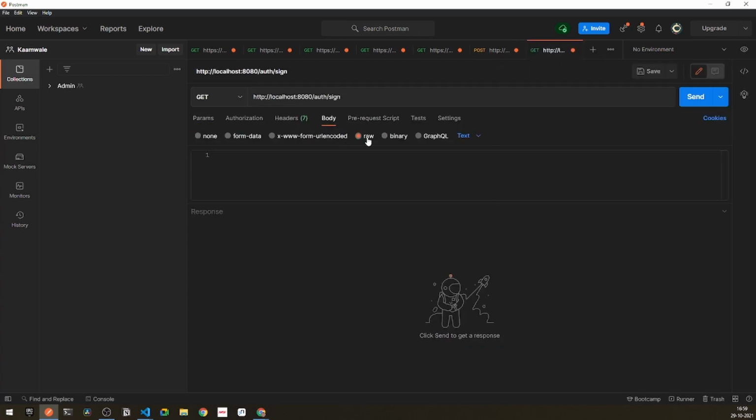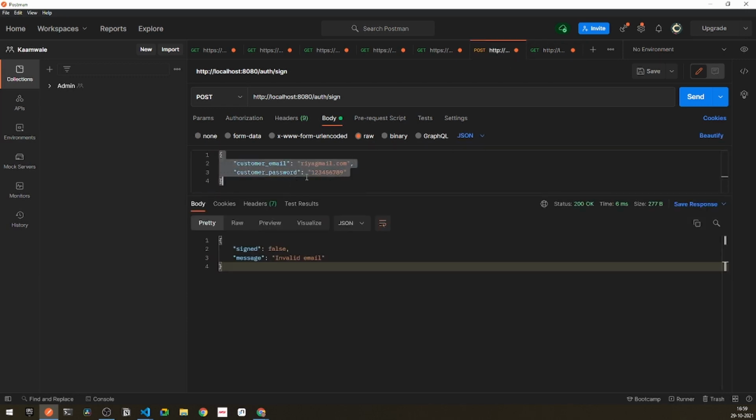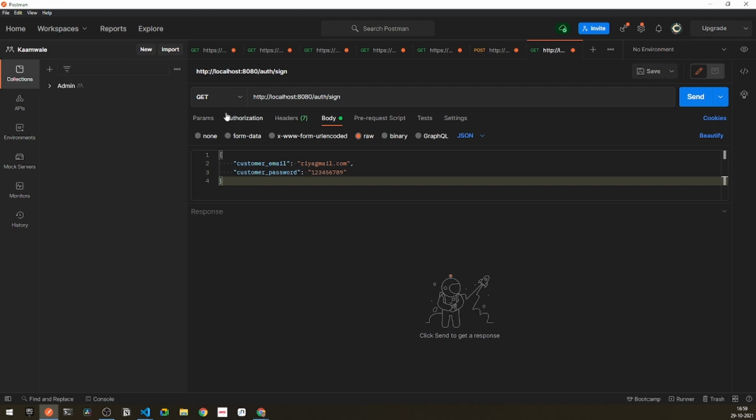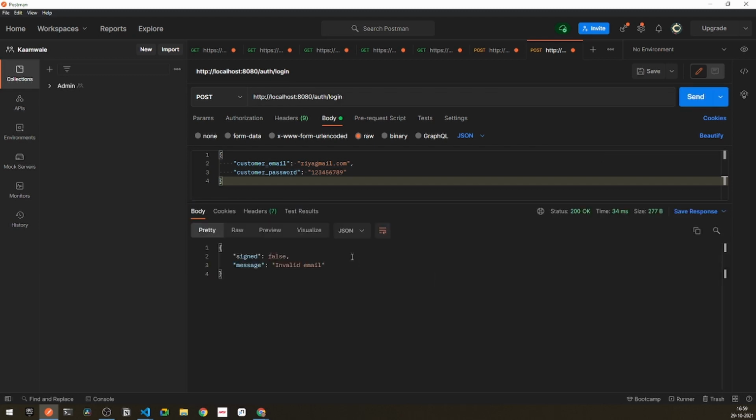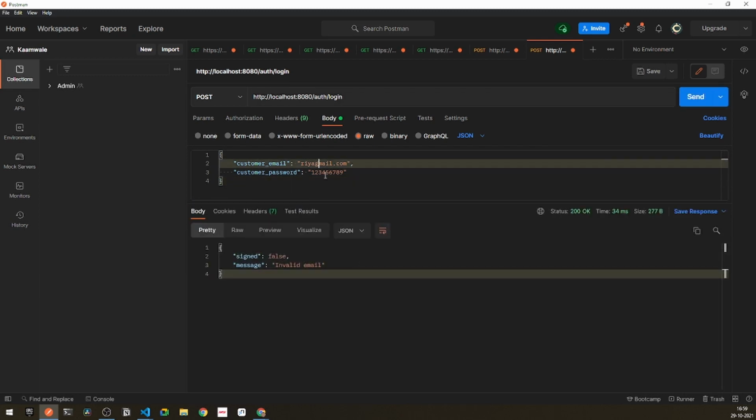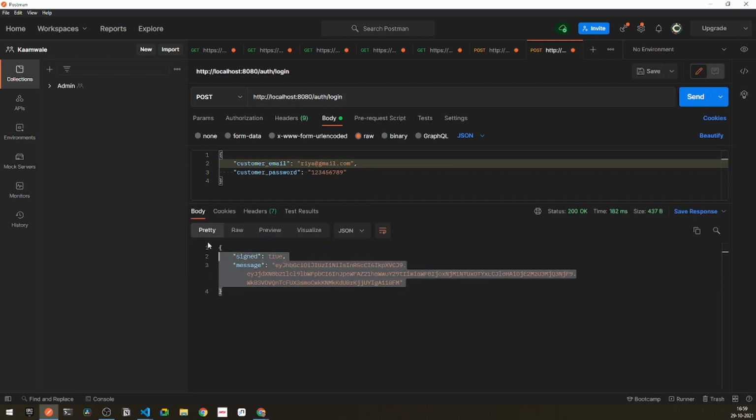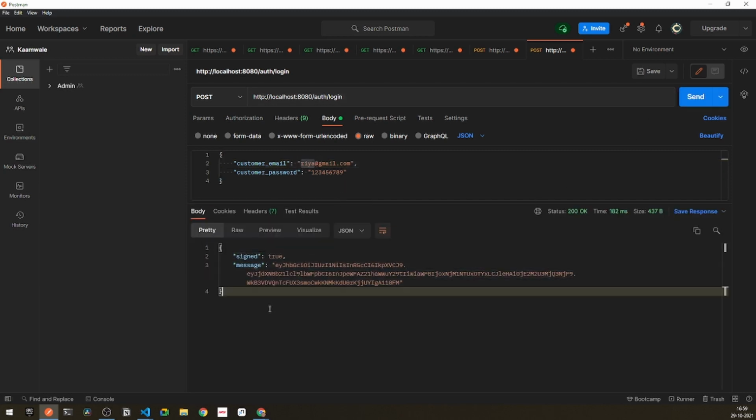Right, it will be also having some raw body. So under this body I can copy the old credentials and I can paste it here. Let's send a post request over the path of login. I can simply send a post request now. All right, you can say invalid email because we do miss our @ sign. So let's send a request. So now you can see we have got a right credentials. So we are getting our message also assigned to be true.